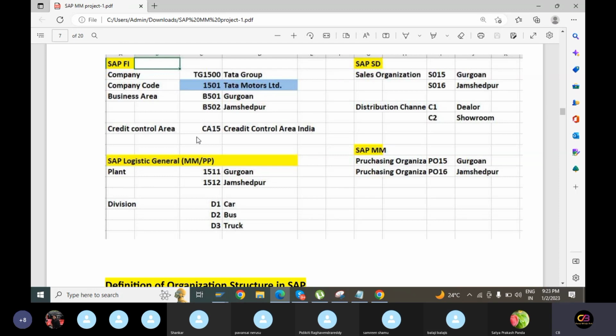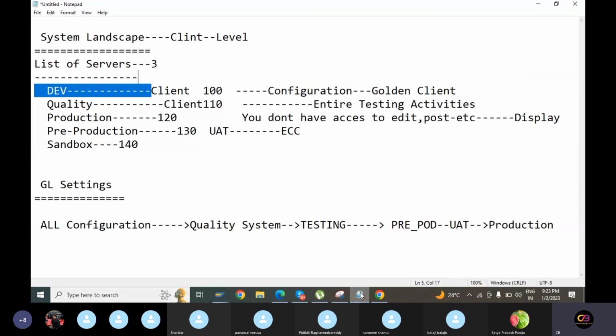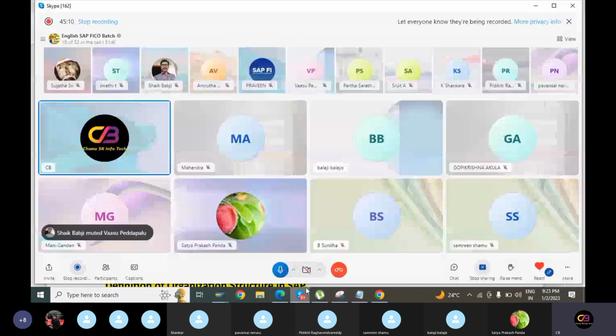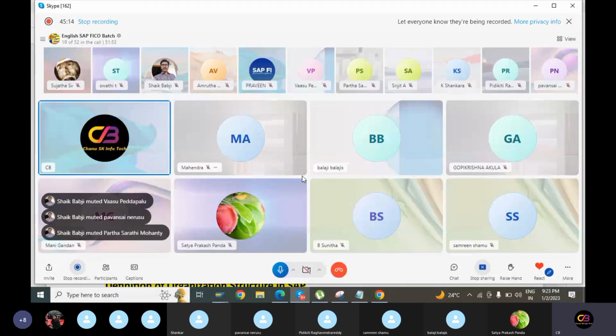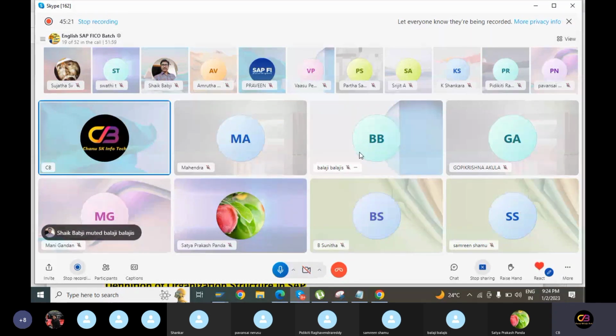But vendor creation will be done in real time by the vendor master data team. Customer master, see, master data team only. Master data is like GL master, vendor master, customer master. All the master data we have is created directly in the production system. That is the reason the production master data team